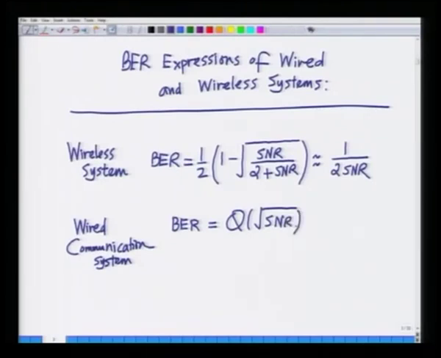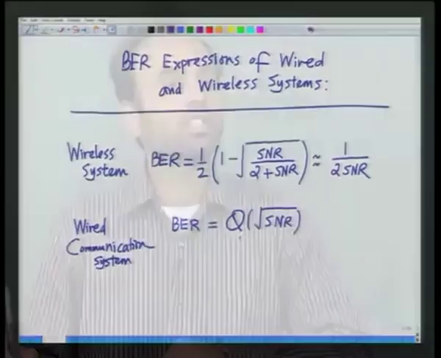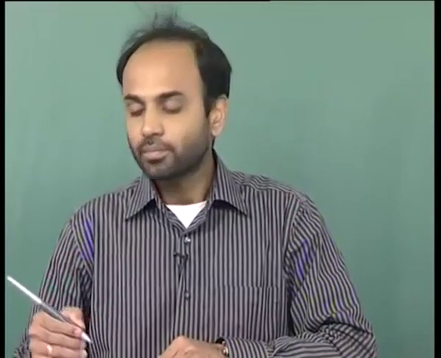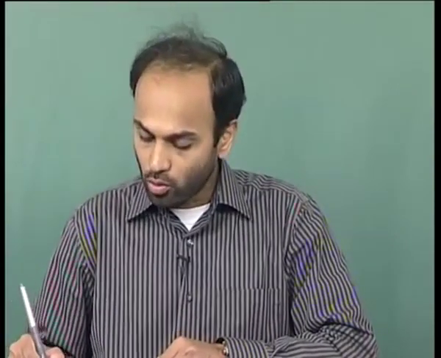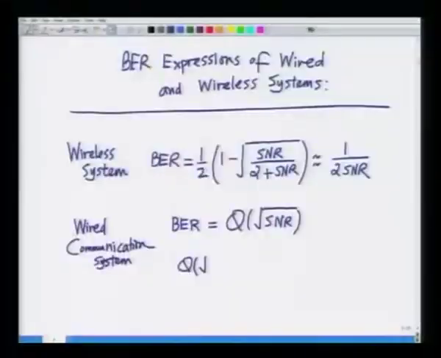We also said there is no closed form expression for this Q function, that is, there is no way to compute this in terms of standard known functions. However, it can be shown that Q of square root of x is approximately equal to e power minus x by 2, that is, Q function of square root of x is approximately equal to e power minus x over 2,